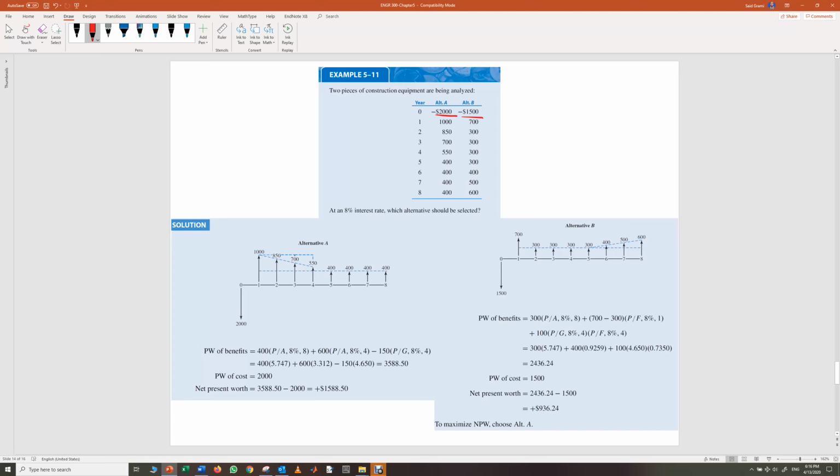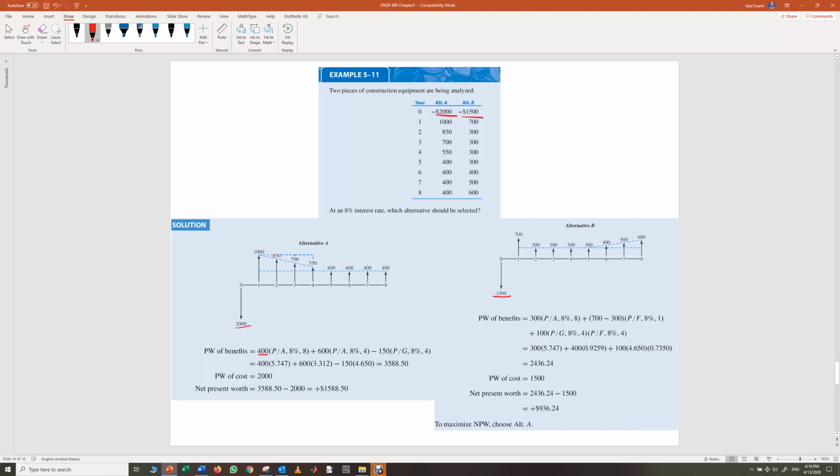1,850, 700, 550, and a 400 uniform series, and we have the cost of 2,000. For the second one, we have a uniform series of 300, and after 5 years we have an increase by 100, and the cost is 1,500. So for the present worth of benefit for alternative A, we have the uniform series during 8 years, so